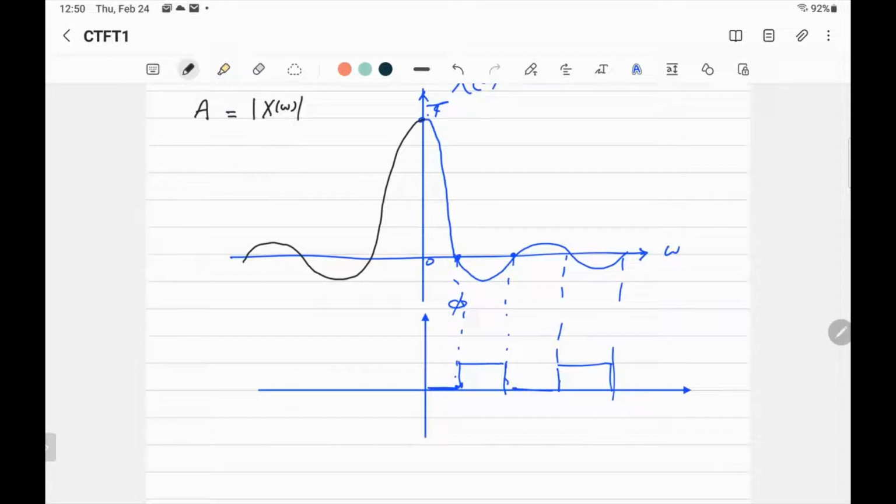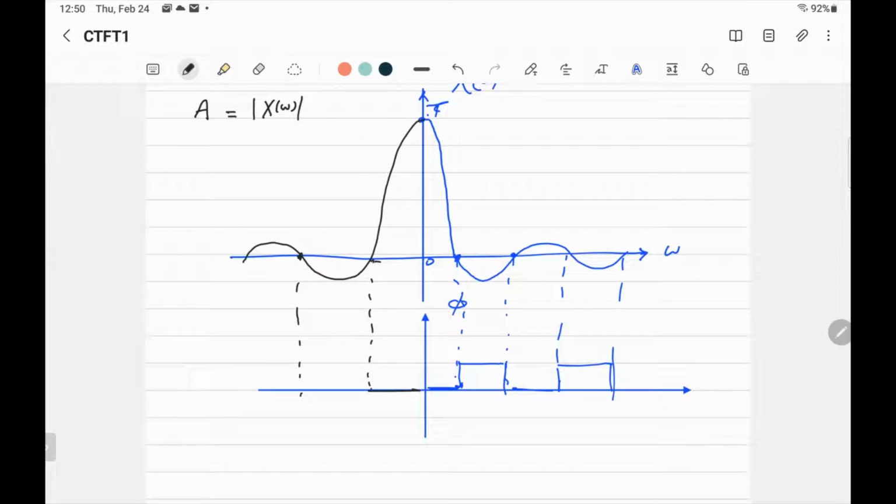All right. How do you do the same thing? It's positive, so it will be 0. What about from this point to this point? What is the angle? Negative. Why do we make it negative? You can make it positive. Positive 180 and negative 180 are the same. But why here do we make it negative? Because we said that the phase